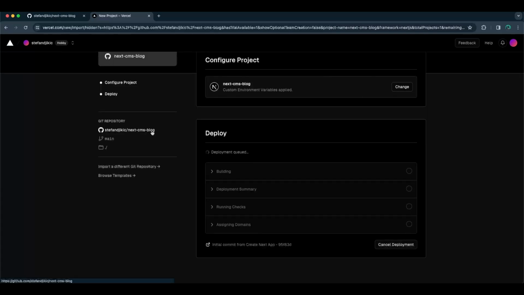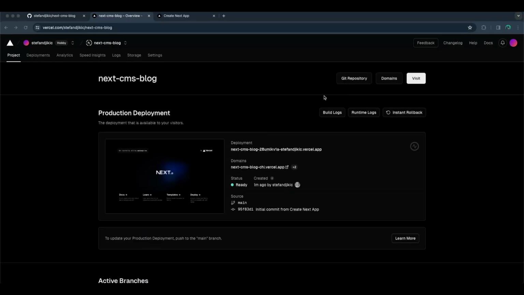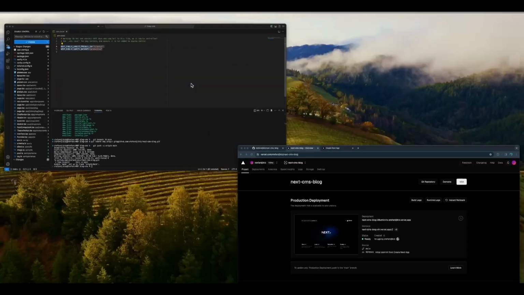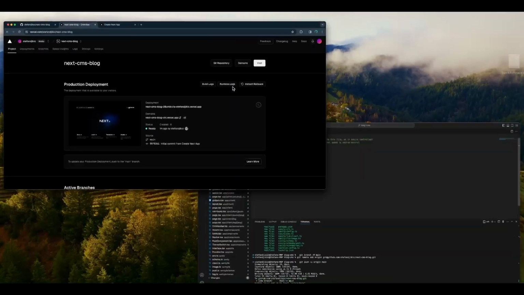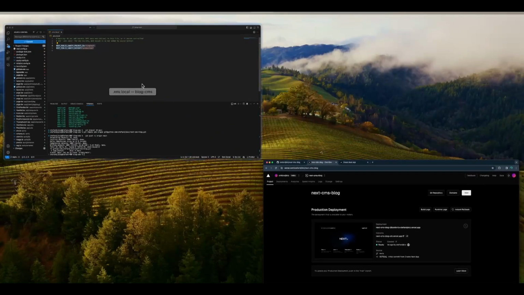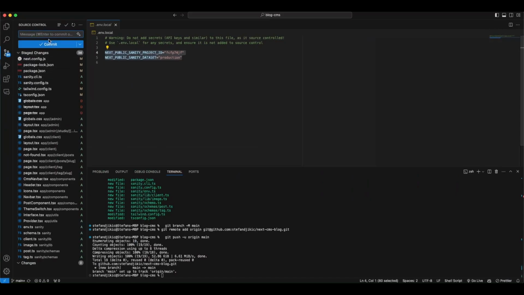We'll probably need to wait around a minute or so and I'll get back to you. Okay, friends, funny thing, I forgot completely to push everything we did. So let me go back to our code. Yeah, so deployment is done, but as you can see, we have this basic Next.js template. So now we need just to push everything here. I'll just